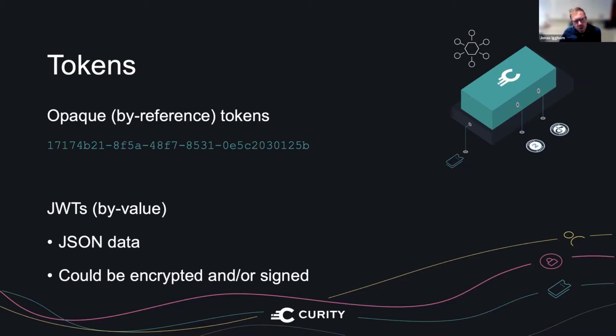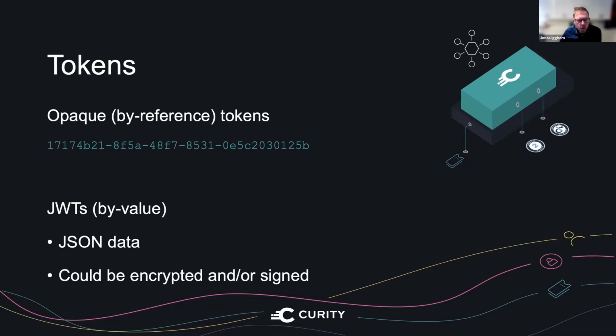Once we know who the user is, Curity's token service takes over, and this is where we can issue tokens. This is also extremely flexible and configurable. We won't cover all of that in this, but we have in general two types of tokens that are used. There could be additional ones too, but opaque tokens, or what's also referred to as by reference tokens, will look like a GUID, basically, like in this example here in the deck. That's a token that can be passed around, but it doesn't hold any visible information to